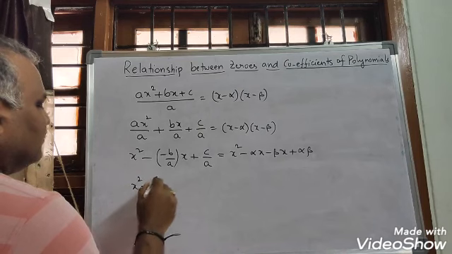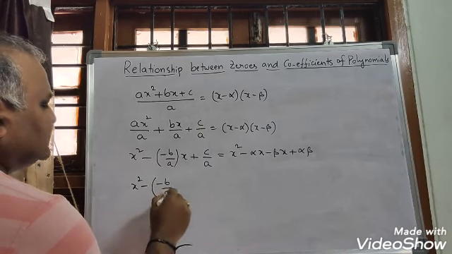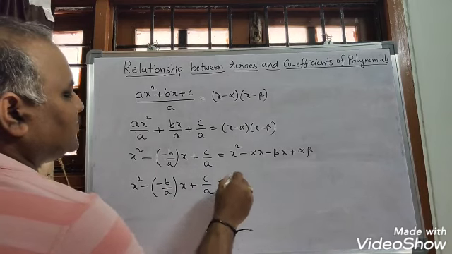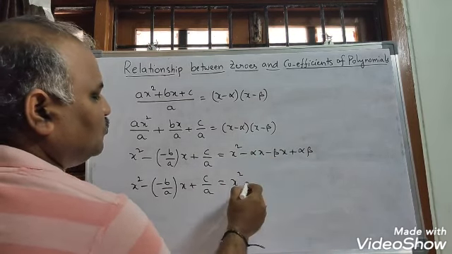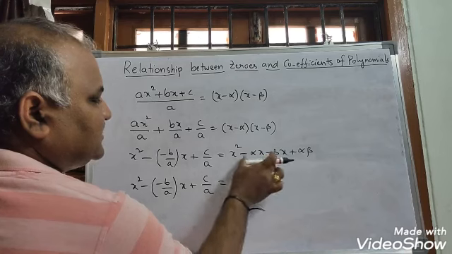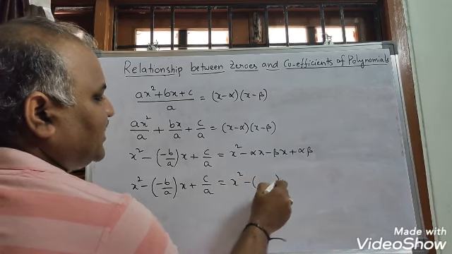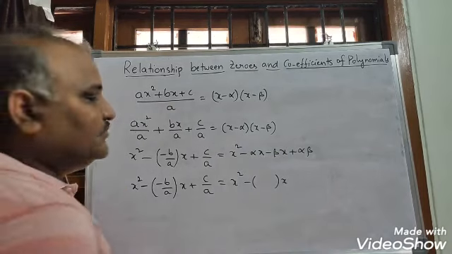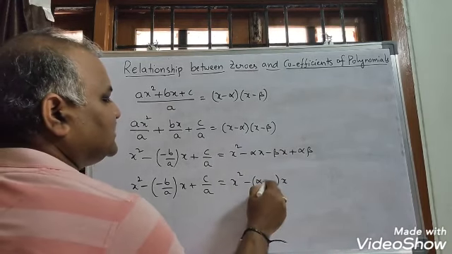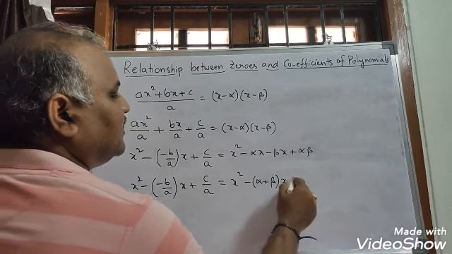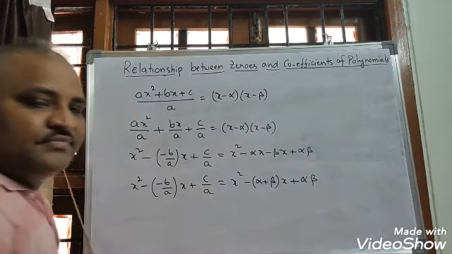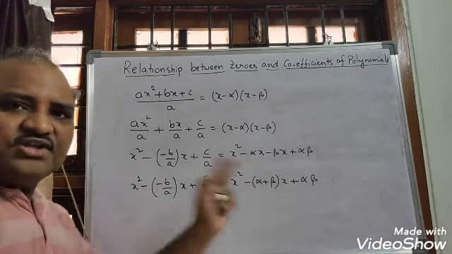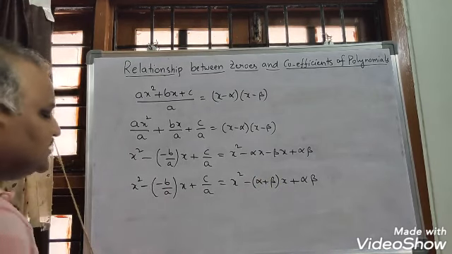Therefore, here we can clearly see this is x square. From these two, minus x we can take common, then alpha plus beta is left, plus alpha beta. So by comparing the coefficients of these two expressions on LHS and RHS, we can get